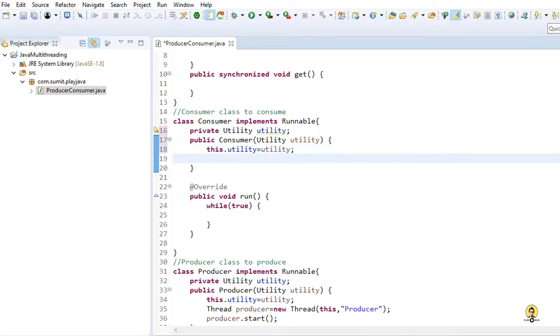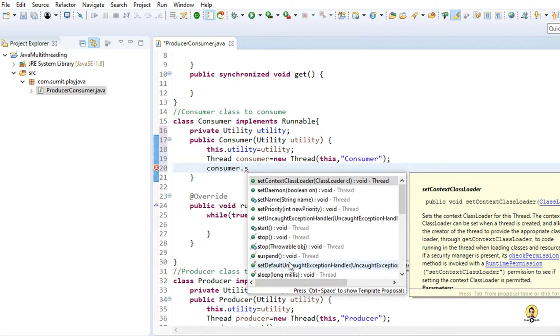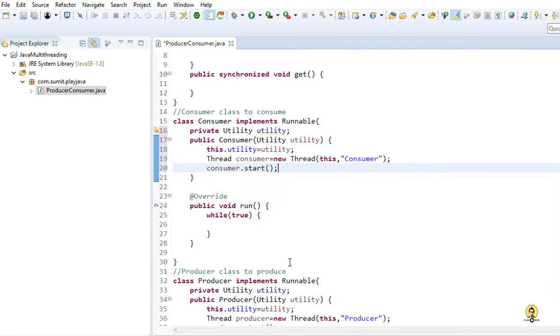So inside this I am going to create the thread of consumer equals new thread, and I will pass this thread only, that is the consumer, and name it as consumer. So the thread will be named as consumer, and I will start this consumer thread. So consumer.start. So both threads we have created and started.